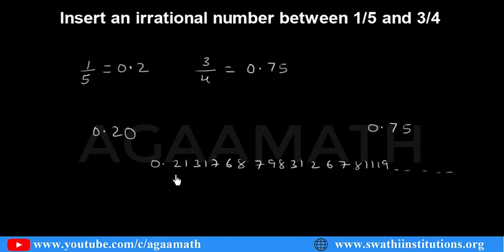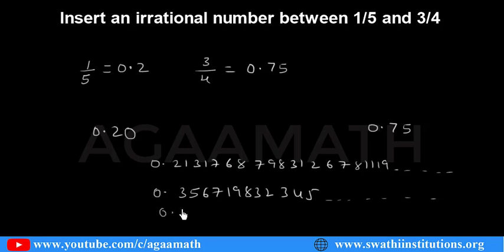Such numbers are said to be irrational numbers. Here I have given one, and you can give a few more. This is not a fixed result; you can give many numbers. For example, instead of this I can give another between 0.20 and 0.75, like 0.356719832345 and so on. And see here, it's non-terminating and non-repeating. So such numbers are irrational numbers. Between 0.20 and 0.75 we can take 0.3, 0.4, 0.5, basically we take like that.